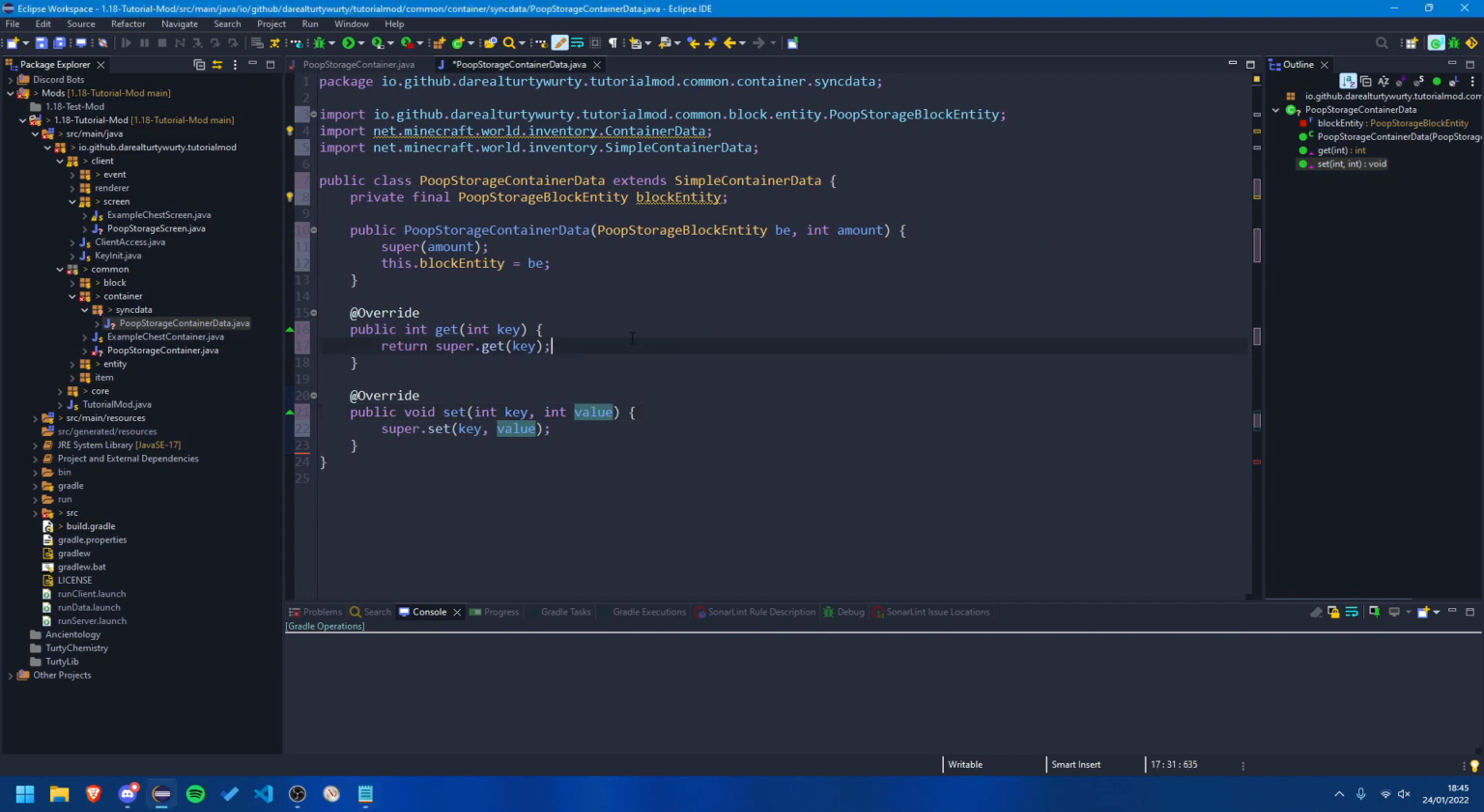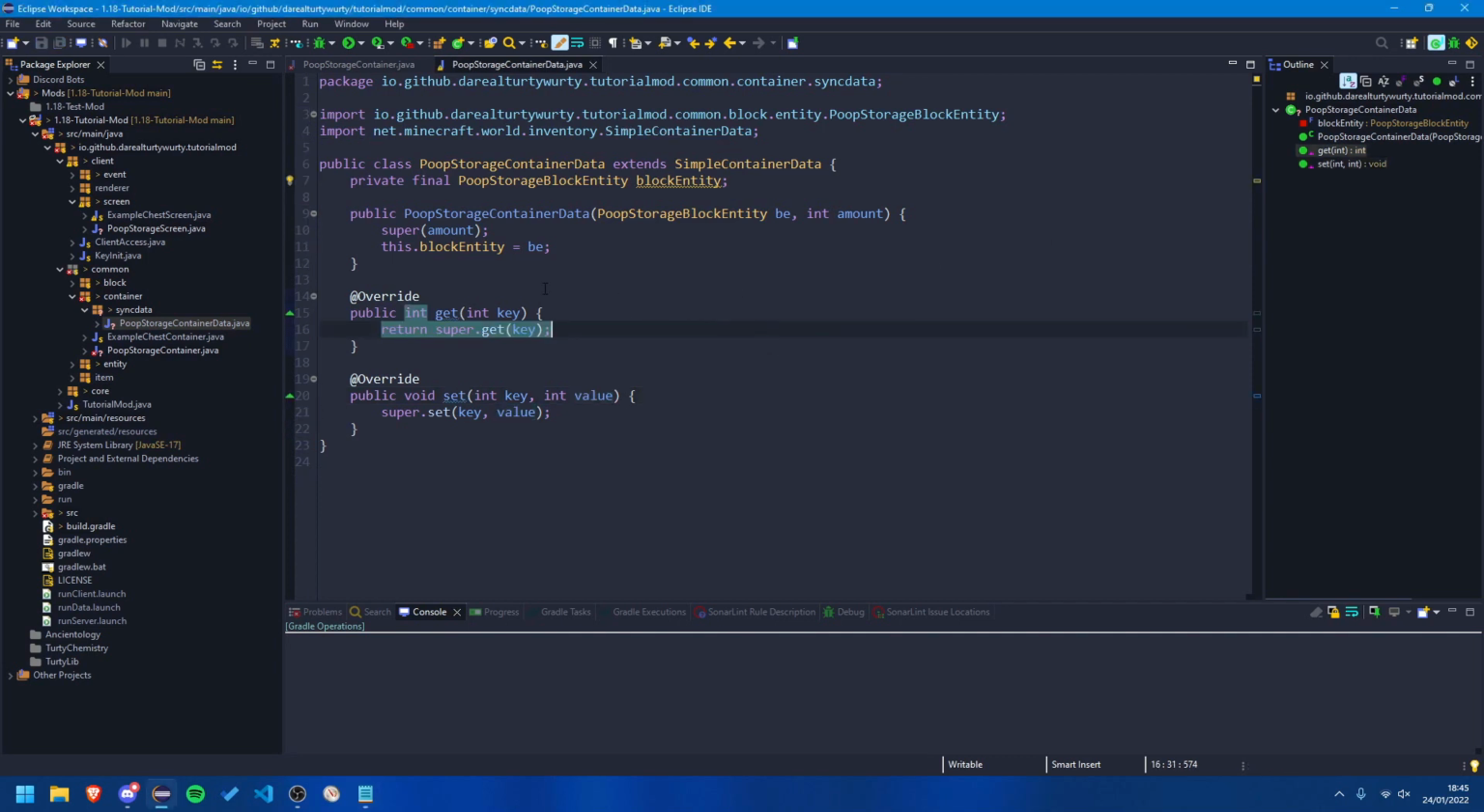Now what you're going to want to do in these get and set methods is, for the get method, this is basically the data that will be stored at this key. So you can think of this class like a map. It has a map of key to value. Each key will represent a different value, and you can either get that value or set that value. So we're going to switch on the key